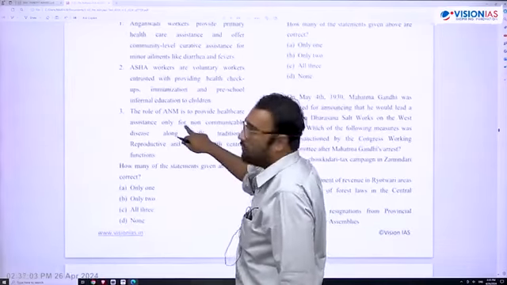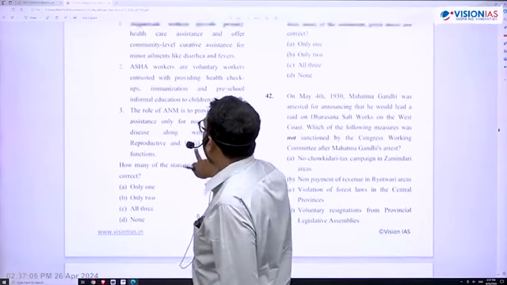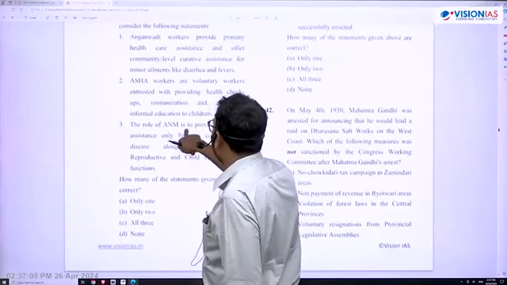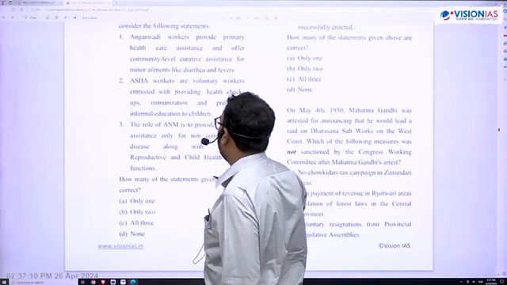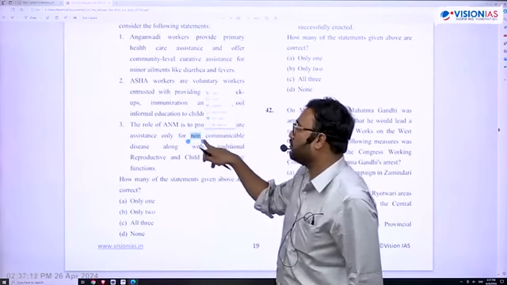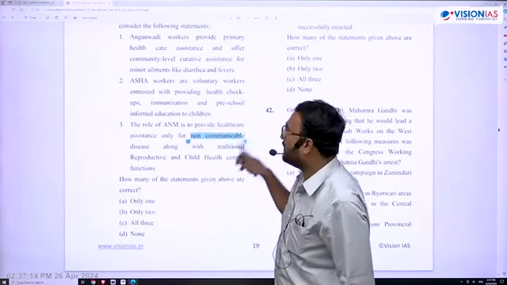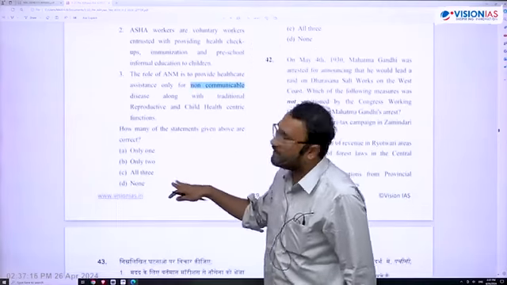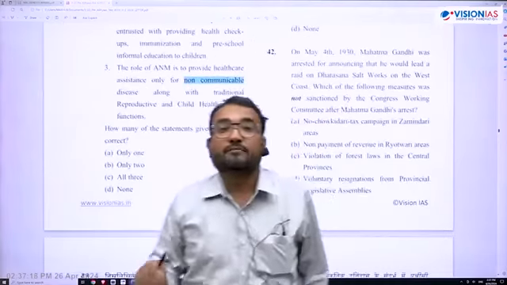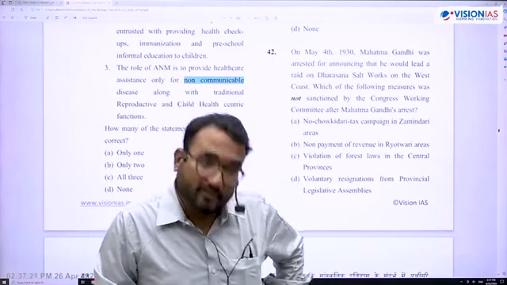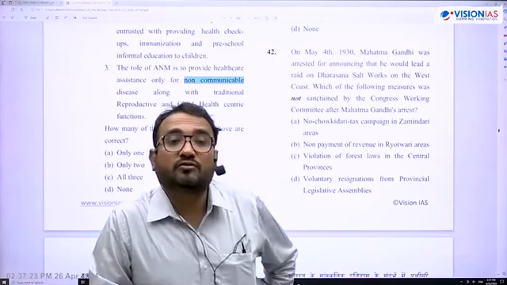The role of the auxiliary nurse midwife is to provide healthcare access to non-communicable diseases. No, it is not only non-communicable diseases. So this is also a wrong statement. So we will settle for D. 39, D for Delhi. It is a matter of common concern that the same kind of questions UPSC is asking time